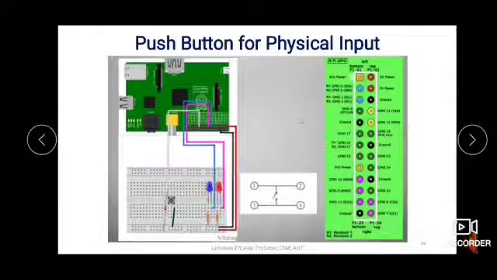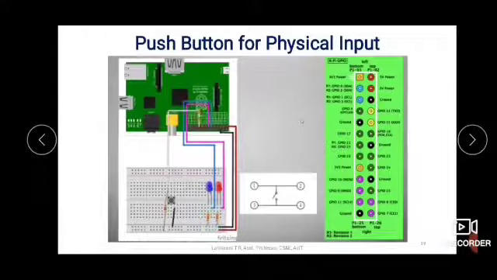So here this is the push button which is placed here in the breadboard. Then a resistor is connected with that and it is connected to the power, and the other end is connected to the ground.